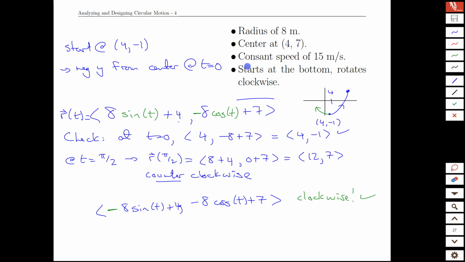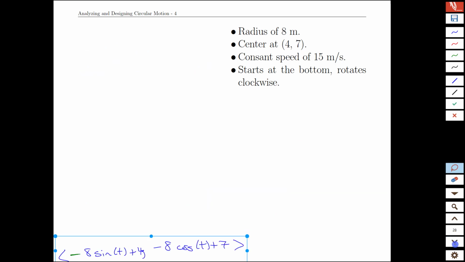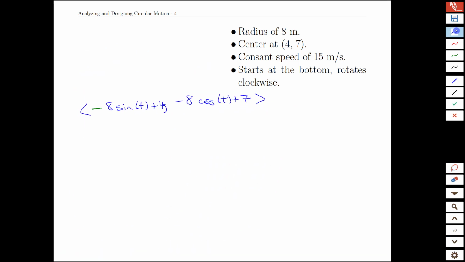Last but not least, we need to achieve the constant speed of 15 meters per second. We're going to copy this version of our function so far and see how that can be made to work with the desired speed. Now, one temptation would be to simply put the 15 into the inside of these functions here. However, even a quick thinking about regular circular motion, putting your physics hat on for a second, if we are doing 1 revolution per 6 seconds, or 2 pi seconds more precisely,